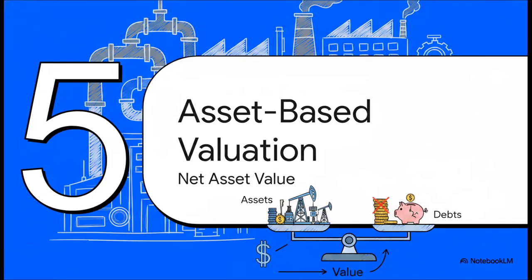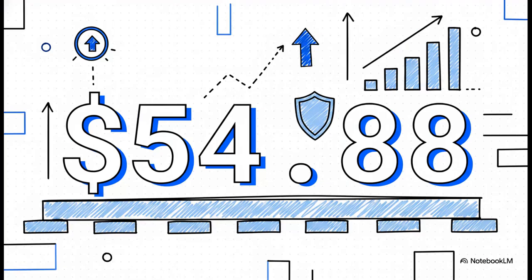Section 5. Asset-based valuation. Calculating net asset value. Next up, we're stripping this company down to its studs. Asset-based valuation essentially asks, what would this company be worth if we literally sold off every pipeline, every facility, liquidated the assets today, and paid off all the debt? For a pretty straightforward utility without a bunch of complex, hidden, off-balance sheet tricks, the net asset value per share is going to closely mirror that implied book value we found earlier. That's $54.88. Think of this as the absolute floor value of the company, the raw, tangible worth of the assets